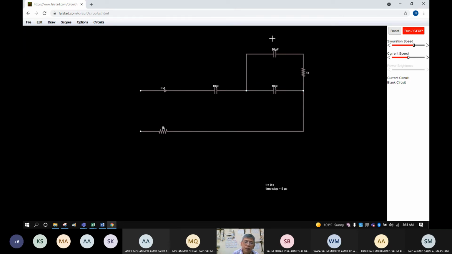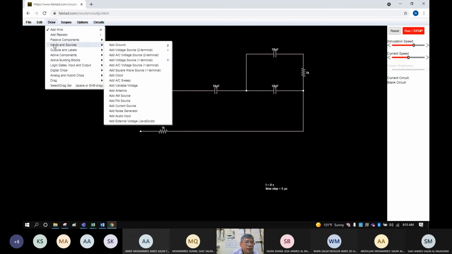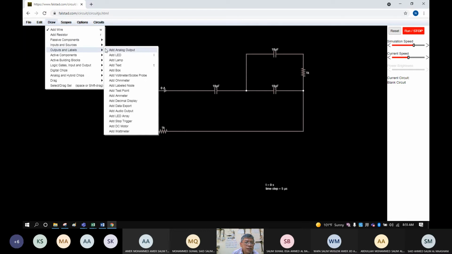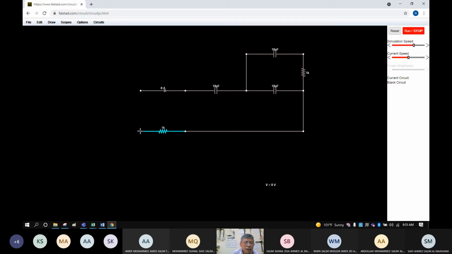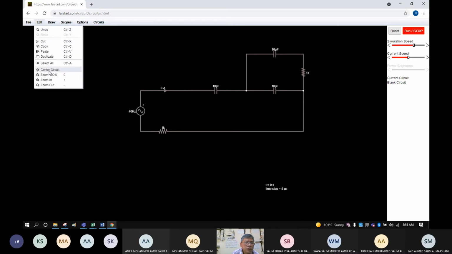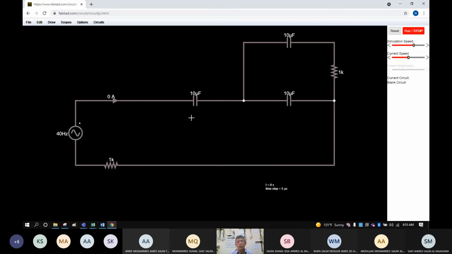Okay, combination of series parallel because this is connected in parallel and this is series with the supply. So we will go to draw input and sources. It is in alternating current. The next, edit center circuit. So I think it's now visible for you.